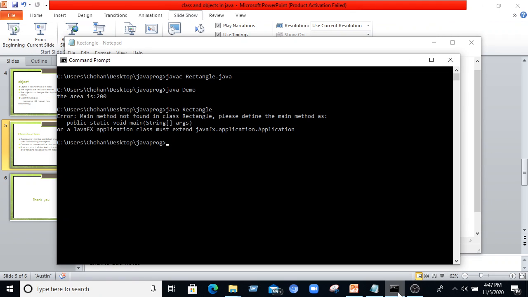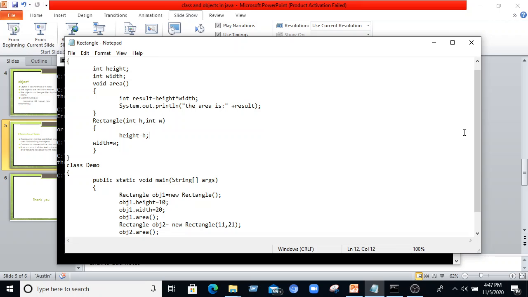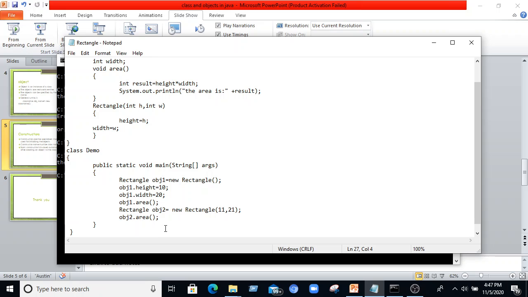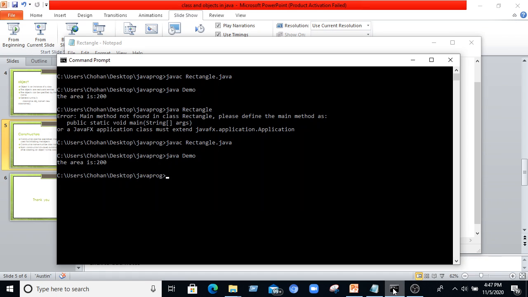Again we are compiling the same thing. After compilation, we execute once again. Sorry, I didn't save the file. You have to save each and every time. Again I am compiling the program.